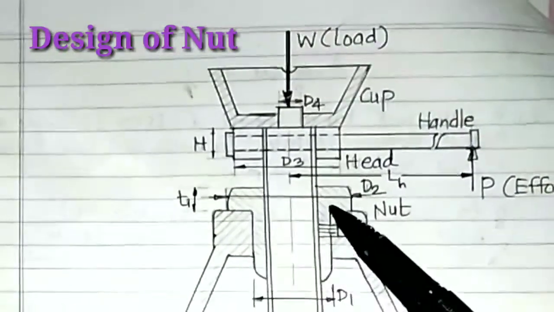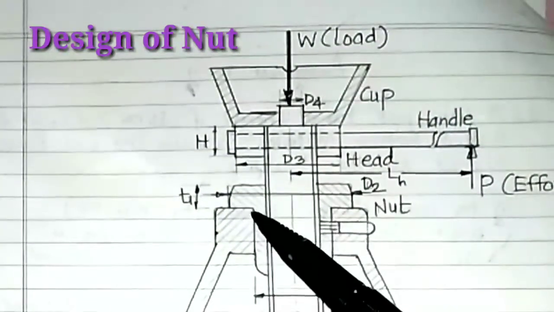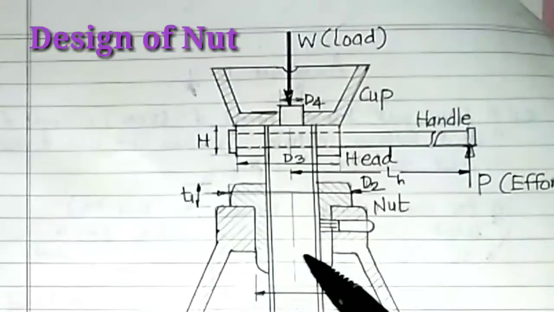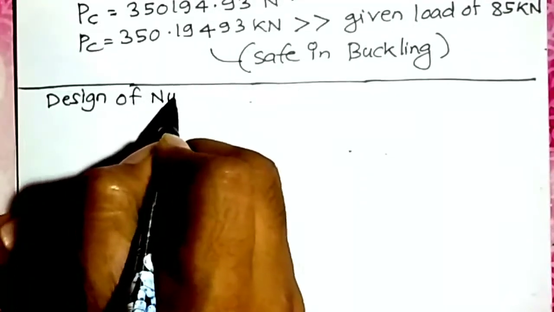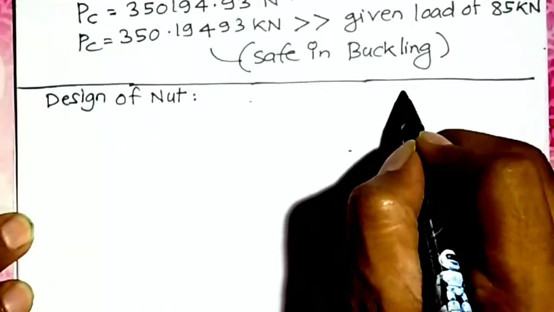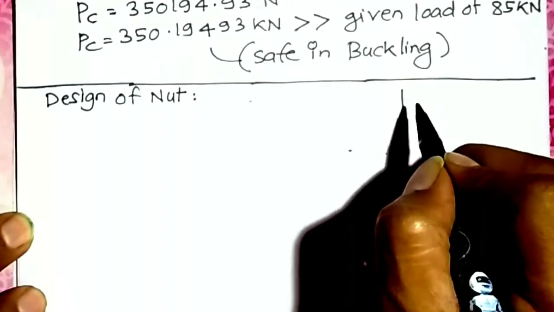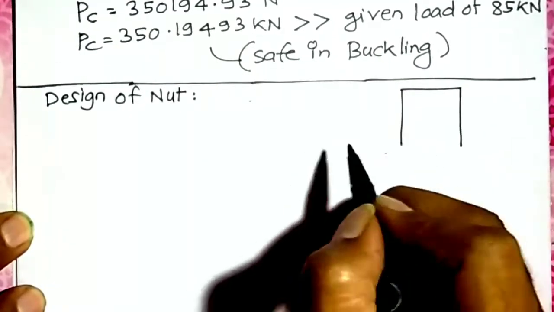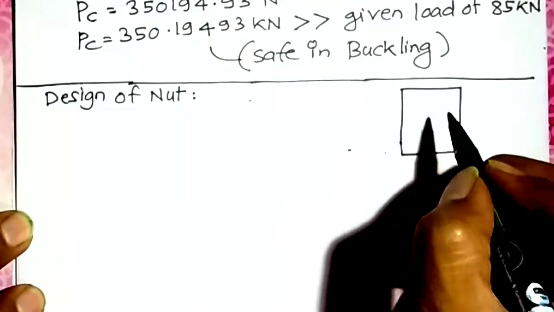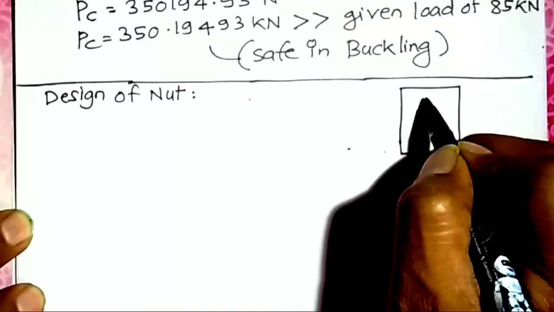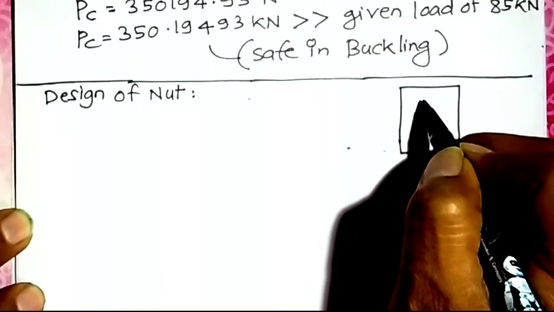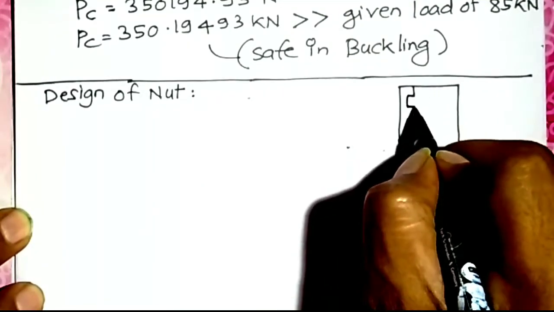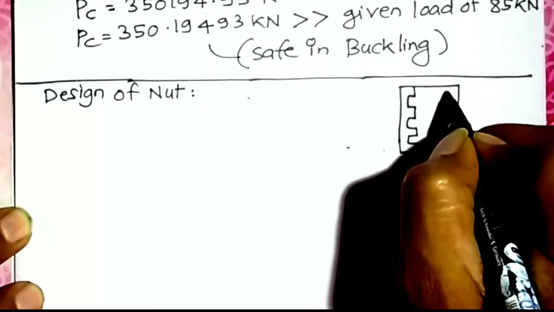The load is carried by the nut, and we need to find out dimensions of nut which is sufficient enough to take that load and it is not going to fail. So minimum dimension we need to calculate. So to find that, here we can see this is nut. Now how it is going to fail? It is going to fail in tension, shear and crushing, that we will see one by one.